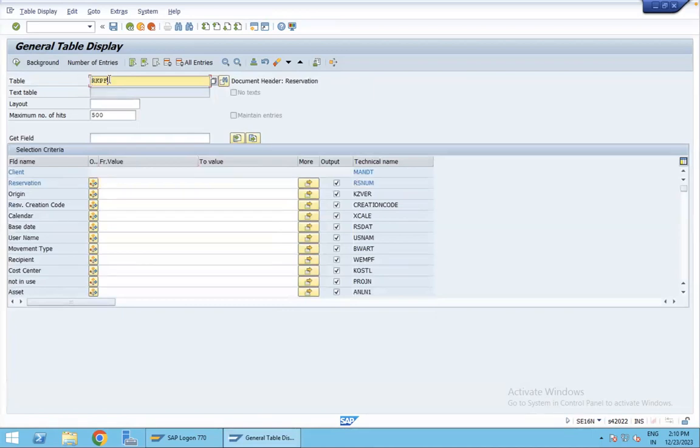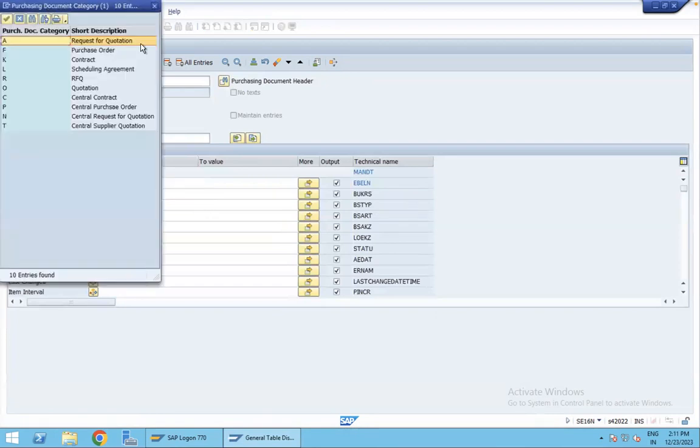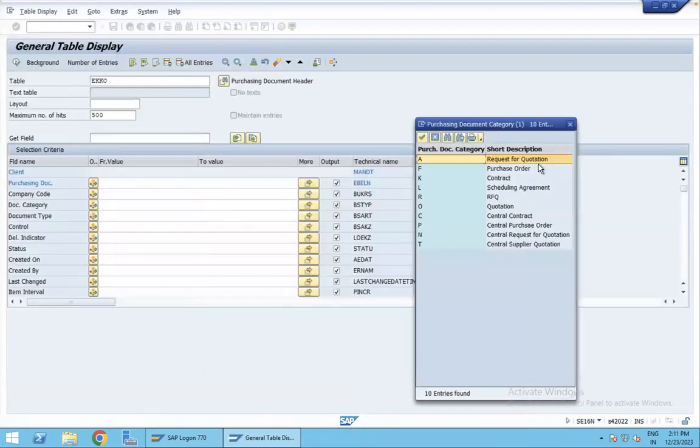And you want to know about contract and all, right? Definitely EKKO will have a difference. You can find one field called category. Once you click on this category, there you can filter it out, whether it is an RFQ or PO or contract or schedule agreement. You can filter with the purchase document category. With this you can filter out all the data of external documents, right? External order, purchase order, or RFQ or schedule agreement, contract, quotation, everything will be stored in a particular